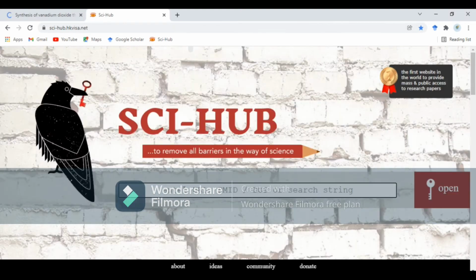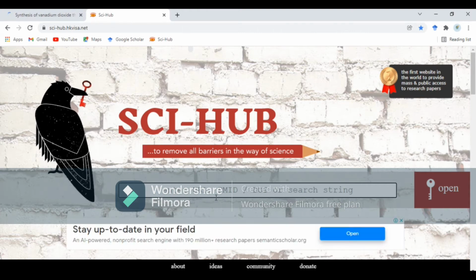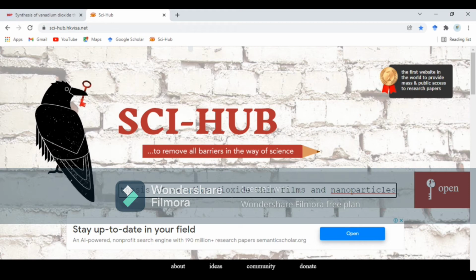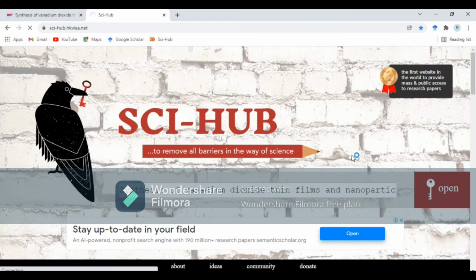Here Science Hub is open. You can see that it is already mentioned that you can enter a URL, PMID number, DOI or research string. Now we pasted the topic of the paper. The search is proceeding.